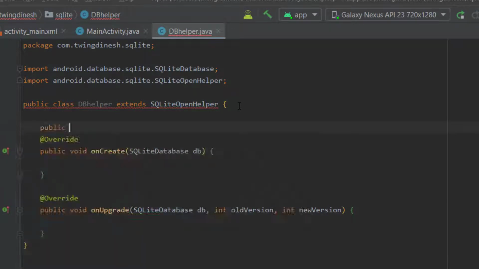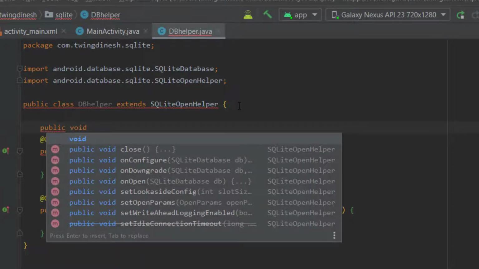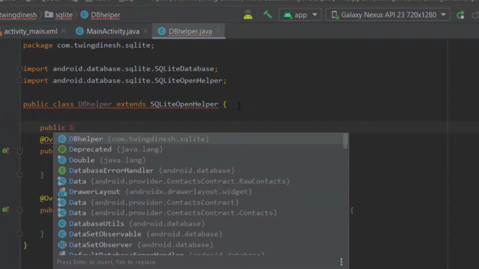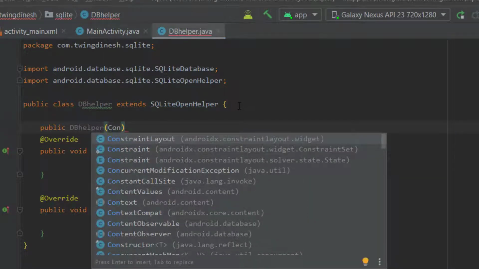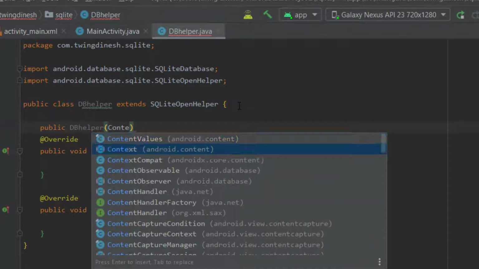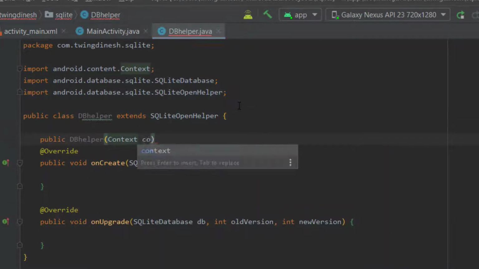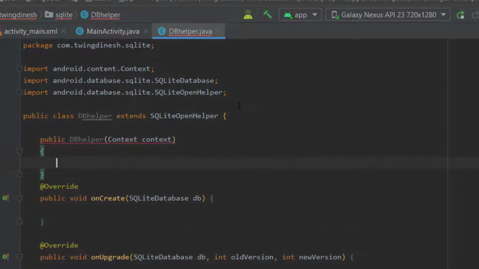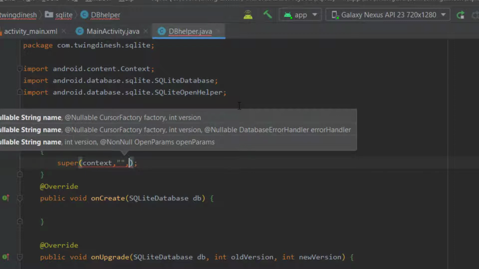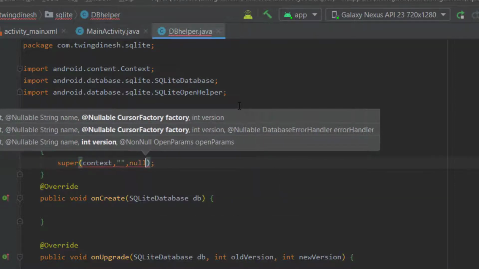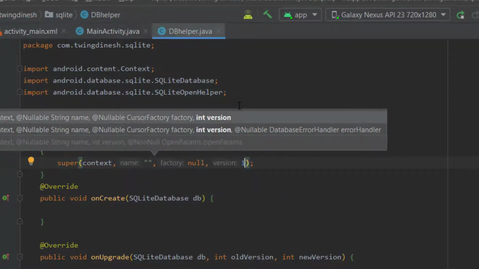Still it shows an error, so we have to create a constructor with the parameter context. Here we pass the context, and then we have to match it with super. The first argument will be context, the second will be the database name, the third will be null and the fourth one will be 1.